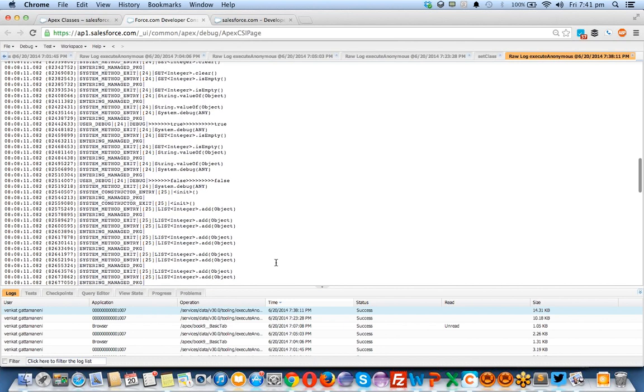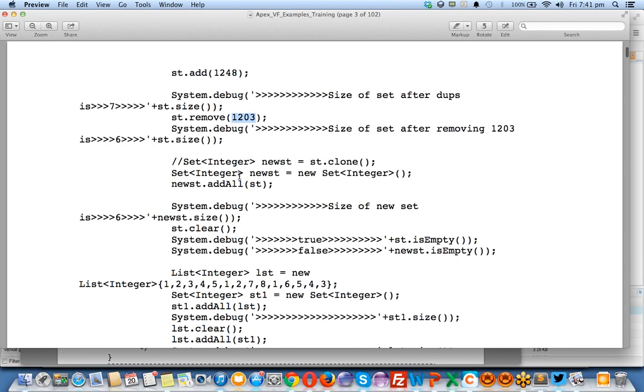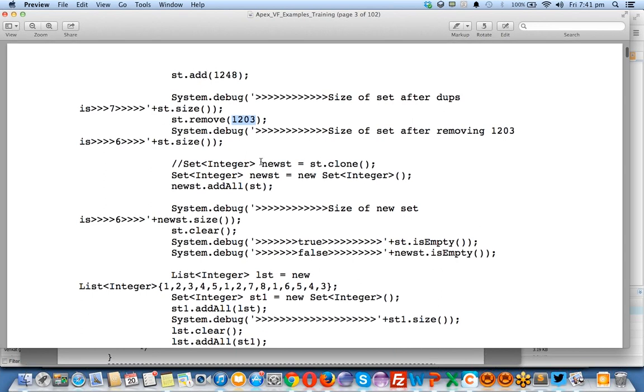Okay, now the other operation I'm doing here is addAll. I'm creating a new list. I can do it with a clone, st.clone. St is the old set. I'm cloning the values, or I'm just adding all values to one set. This is the new set I have created just now, and I'm calling newSet.addAll. AddAll is another function to add all the existing values in st to the new set.